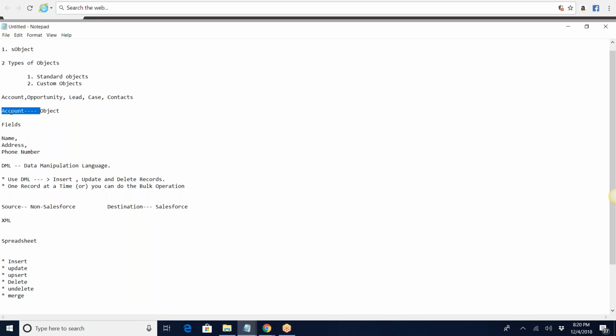If you see normal SQL with other relational databases like Oracle, MySQL, or SQL Server, all of these have insert, update, delete. In addition to that, unlike the other databases, in Salesforce you also have upsert, undelete, and merge. So when you're talking about DML statements, they can either accept one object, as I said, or, when doing it in bulk, we can do the